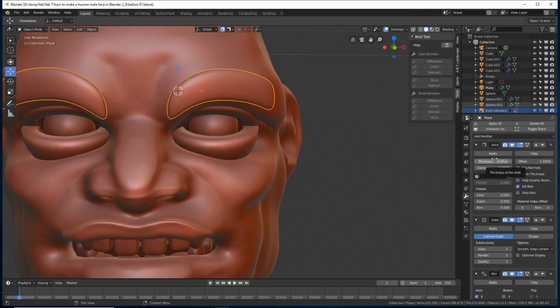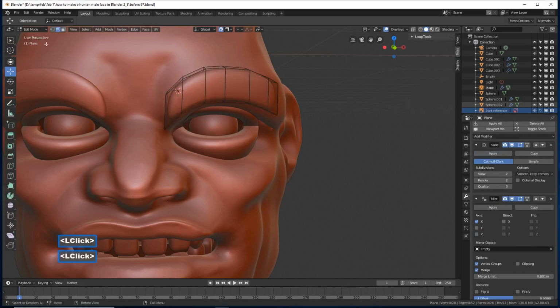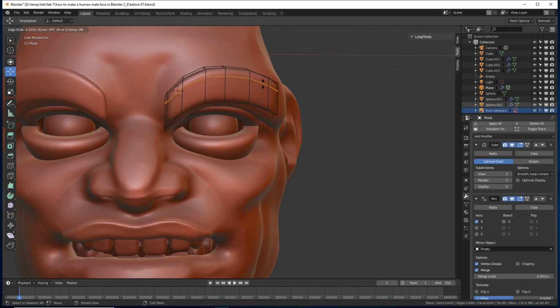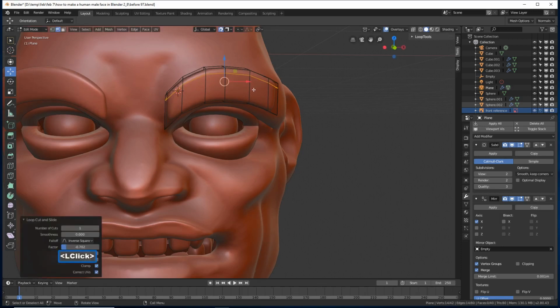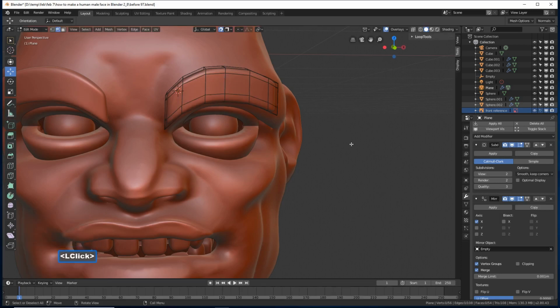Okay, as far as this solidify modifier, I'm going to click apply. With that applied, I'm going to go to edit mode. I'm going to hold control, then press R to put this loop cut. I'm going to move this up like this, not all the way to the top, but close to it. I'm then going to hold control, press R to put another loop cut in. When I left click once, and you see that line there, I can move the loop cut, so I'm moving this down. Then when I left click a second time to lock that in,